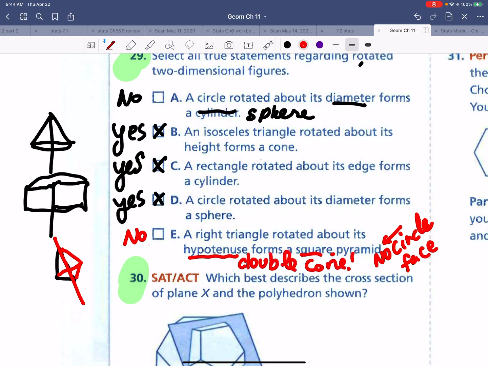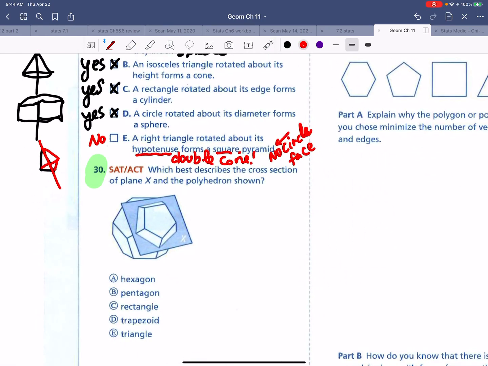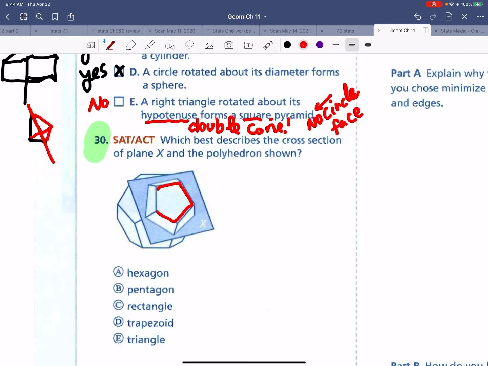Cool. Way cool. Question number 30. What best describes the cross-section of plane X and the polyhedron shown? All right, so it looks like it's parallel to a face. So we're just getting more